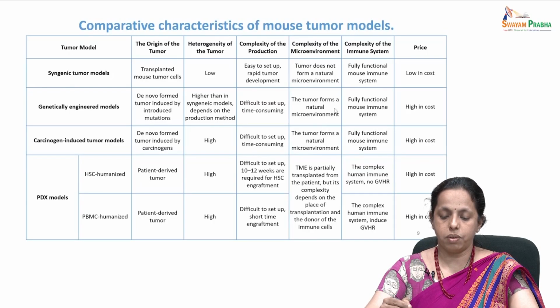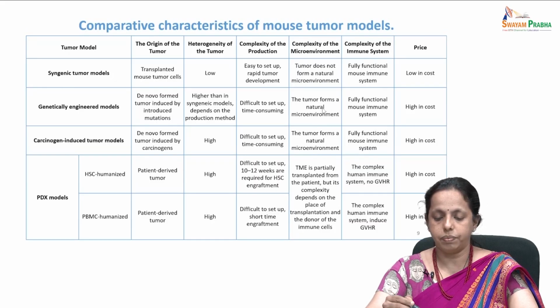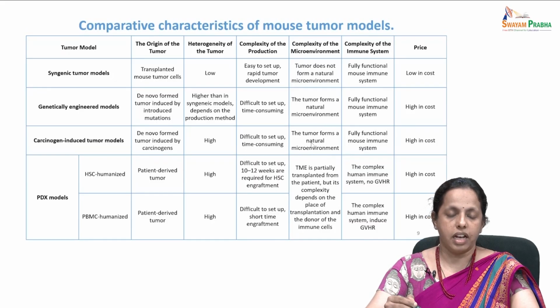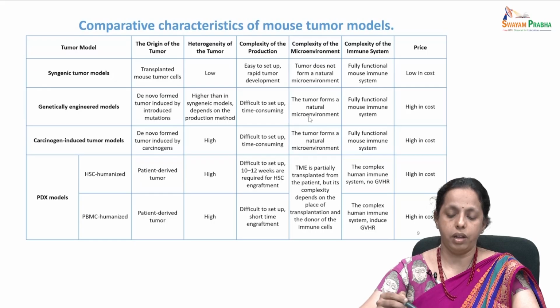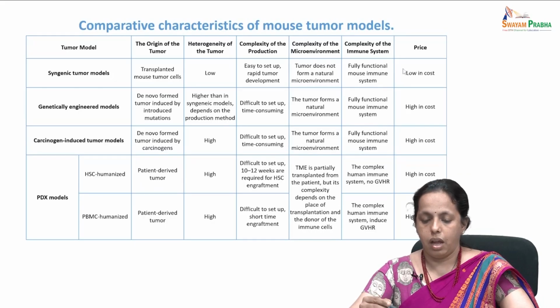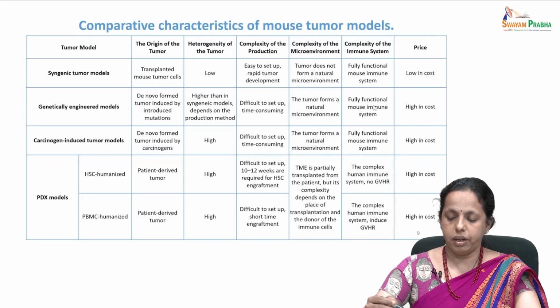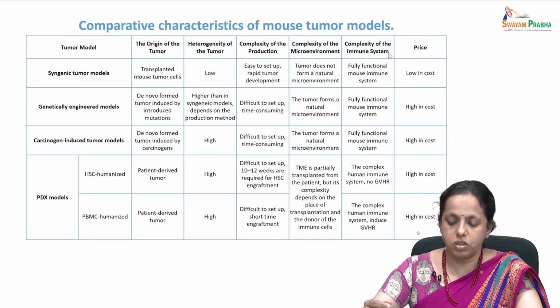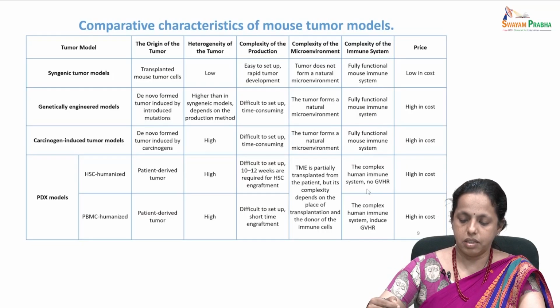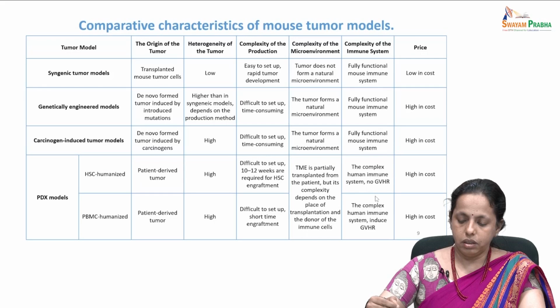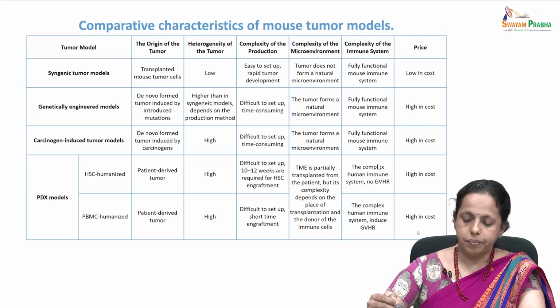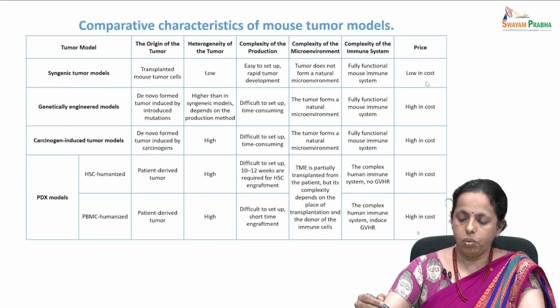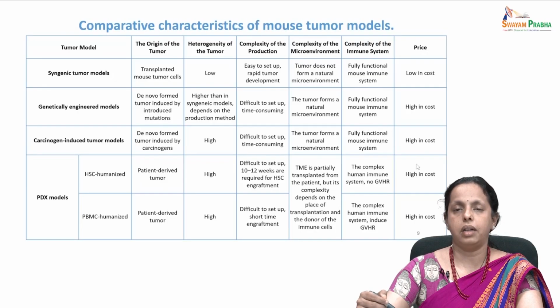The tumor forms from a natural microenvironment in both the carcinogen induced mouse models and the GEMMs. And the complexity of the immune system is also discussed here. This is based on the graft versus host rejection because of using the immunocompromised mice. It's less, and the price is a little bit low, whereas it's very high for all the other